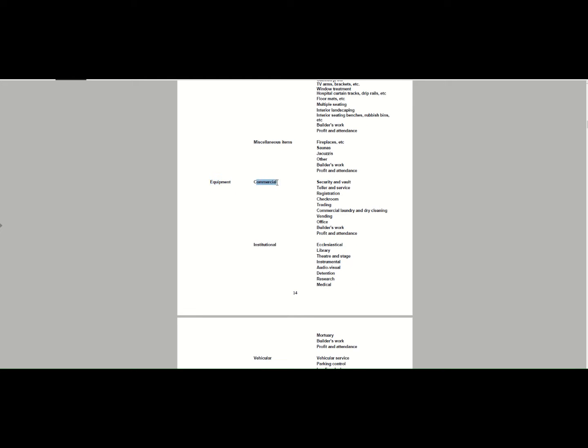Signage, artwork, and then you have the next section, which is your equipment, commercial, security, vault, teller, services, recognition, office furniture, industrial, your escalation,